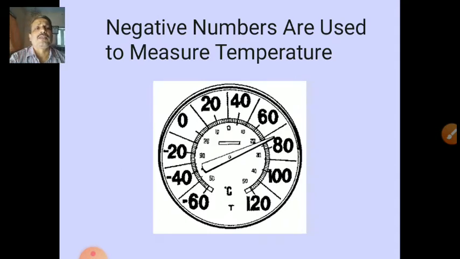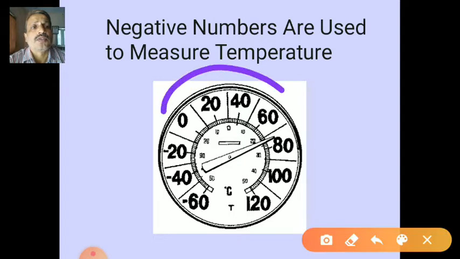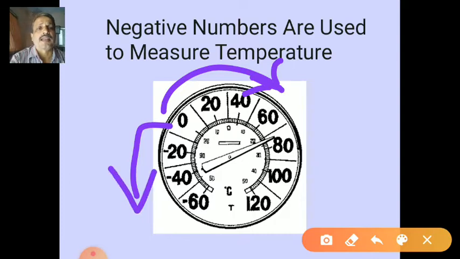You may have seen this type of thing in many places. Be careful, here both positive and negative numbers are shown. Take the speedometer of a bike or motor car. They only have positive numbers increasing. But students, you can check it. This side is the positive numbers, and this side is the negative numbers they are showing. The digits are 0, 20, 40, 60. So one card shows 20 points.